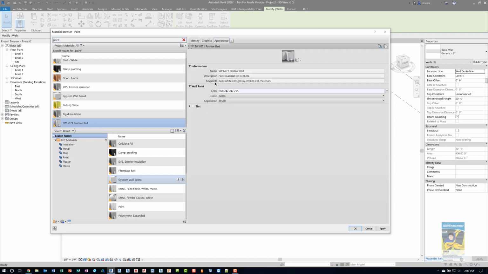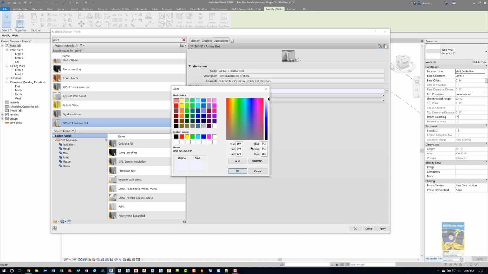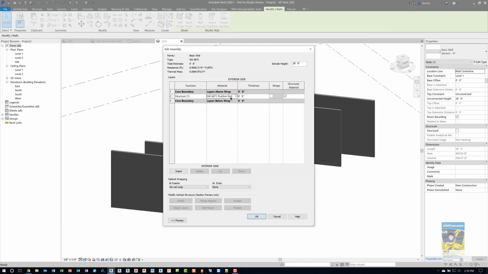I'd head over to the Appearance tab and change this color as well to make sure it's 173, 44, 52. Now the Appearance tab is meant for you to set up the BIM data necessary so that the information is applied to the physical model geometry in the Revit model so that it looks that way in a realistic visual style. So once I make the changes that I need and I click OK, it now says